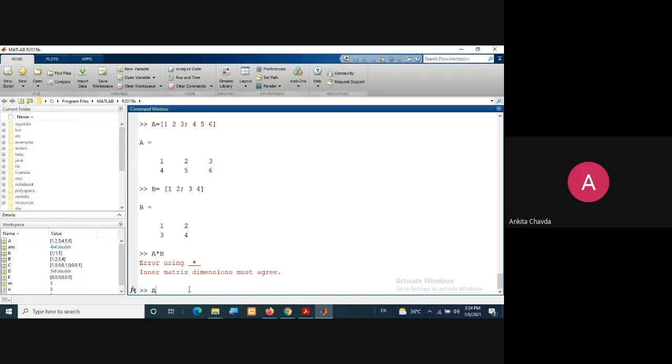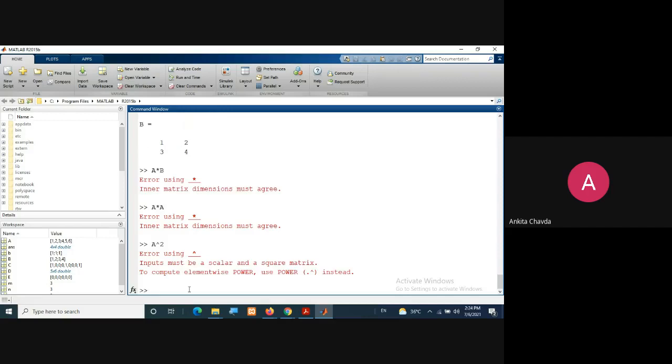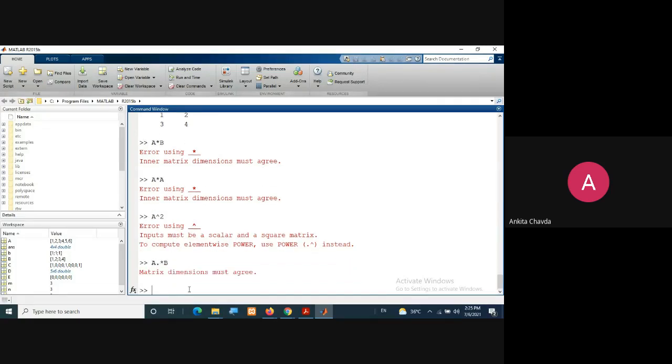But what about A into A? That will also give you an error. What about A raised to 2? That will also give you an error, because ultimately A raised to 2 means A into A. If A raised to 3, it means A into A into A, right? So they all are showing you an error. But if you do the same thing with element wise multiplication, then